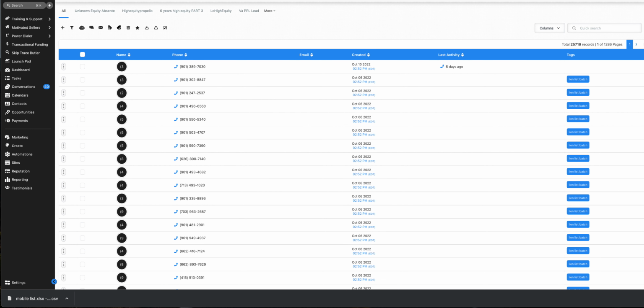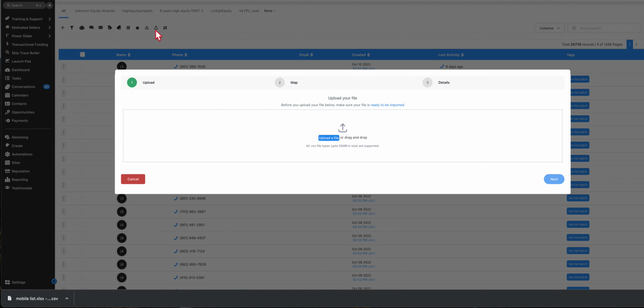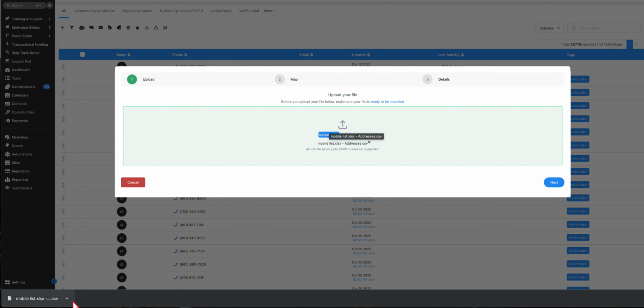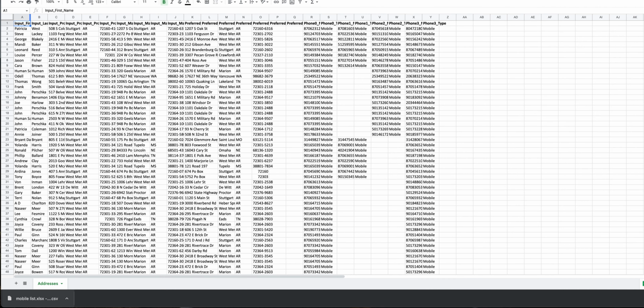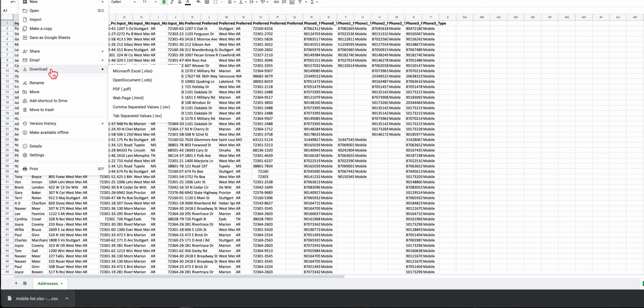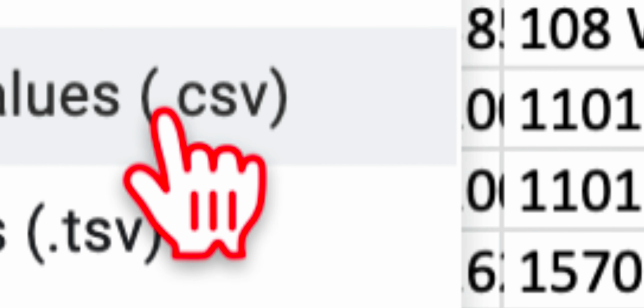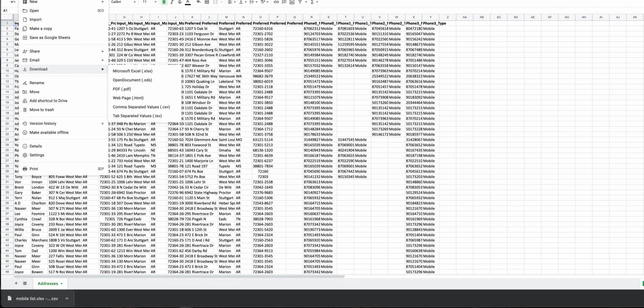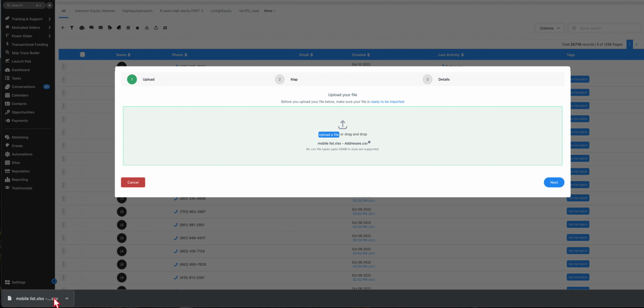Then you're going to go back over here into REIREPLY. You're going to go into your contacts, and then you're just going to click this import contacts, and you're going to drop your file. It does have to be a CSV file, as you guys can see, CSV. So all you would have to do is use Google Sheets, download it, and use the file CSV. It's comma separated values. Then once you download it, you can upload, drag and drop,